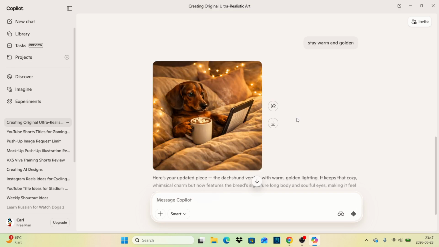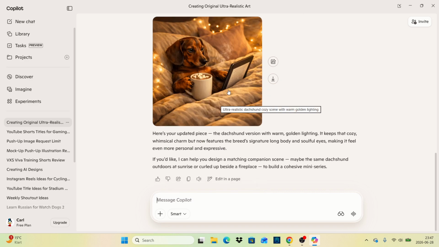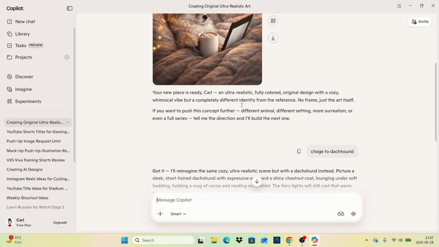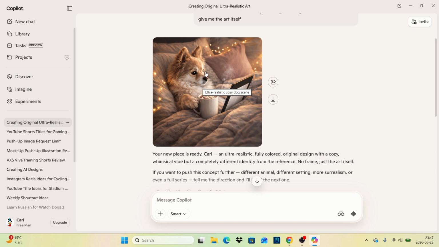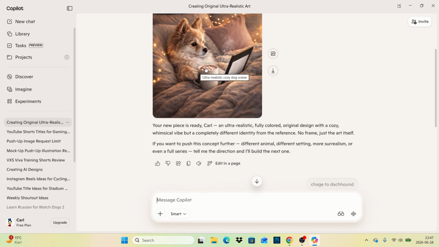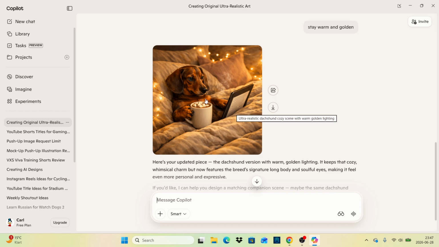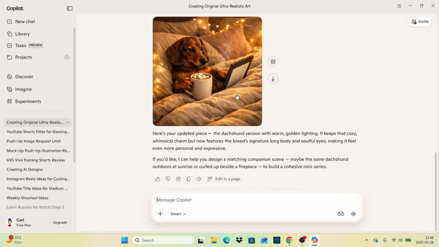Now we have a good image you can save, and this also. So I wanted dachshunds, but I like this also. So you can choose them, download on your PC,